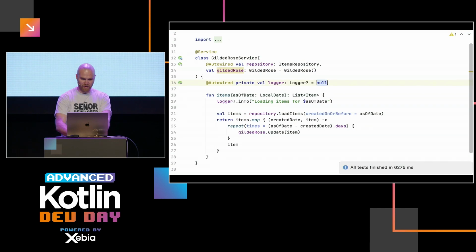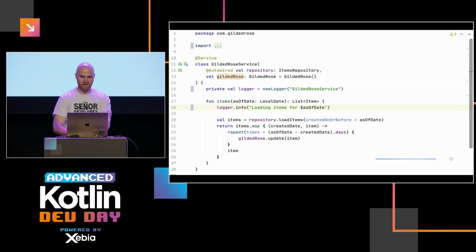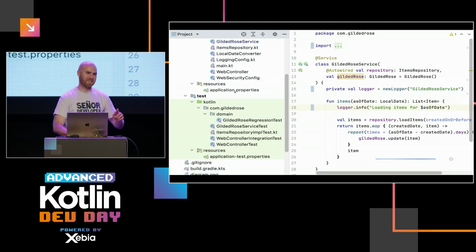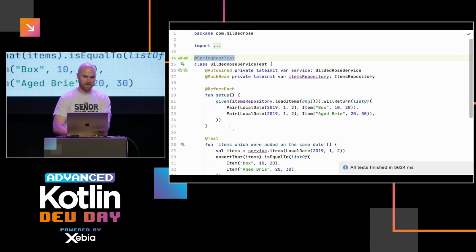The other thing, we can see the logger, so maybe that's a low-hanging fruit to just do while we're here. GildedRows service. And it doesn't need to be autowired, it doesn't need to be null. This is all cool. And similar to the previous approach, maybe let's start with tests before we look for more things. So in the test, what we do is, again, it's a Spring Boot test. Well, I don't know why the Spring plugin decided to show these gutter icons twice now. That's cool. But not for this one.